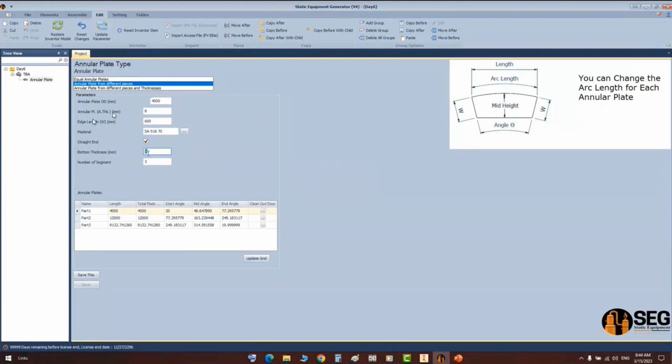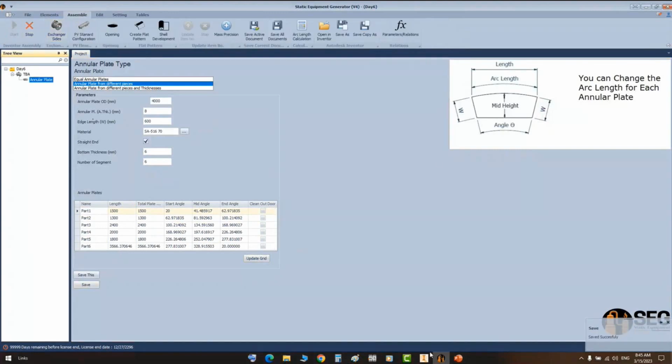And here, the bottom thickness of the tank, let's make it 6, and the number of segments, let's make them 6. And from here, let's define the first one length, the second one, and let's update that. From here, let's change this one, that, and click on update. Now we have those plates like that, and let's click on save. Now when we click on start assembly,